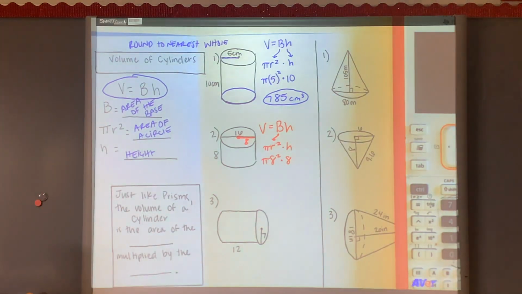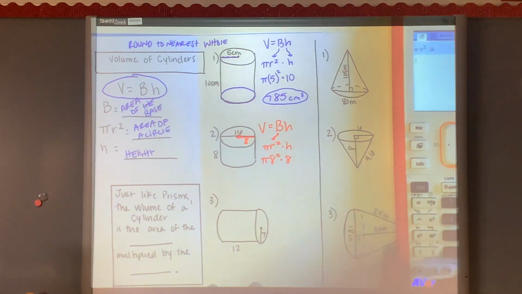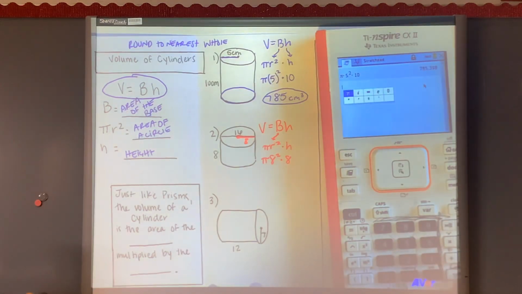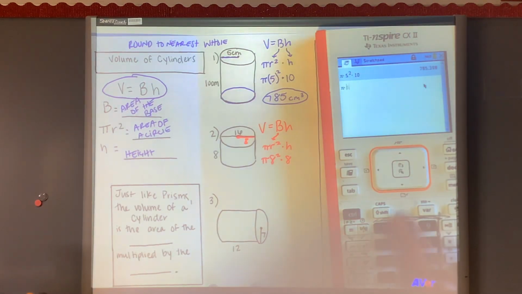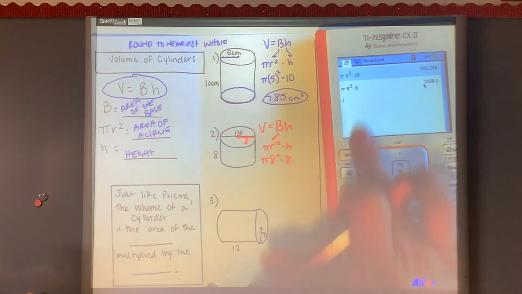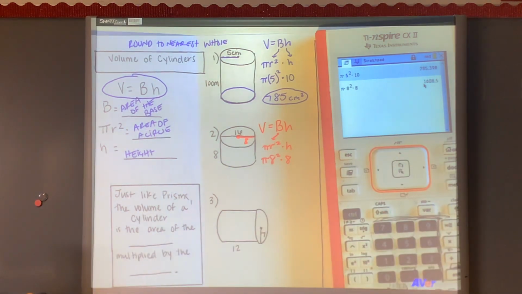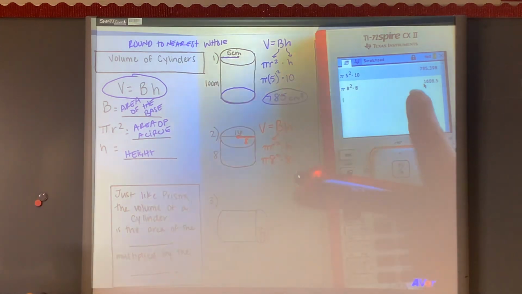All right, I type this into my calculator. Pi times 8 squared times 8 again. This time I used the multiplication symbol instead of parentheses just to show you that it was the same thing. My answer is